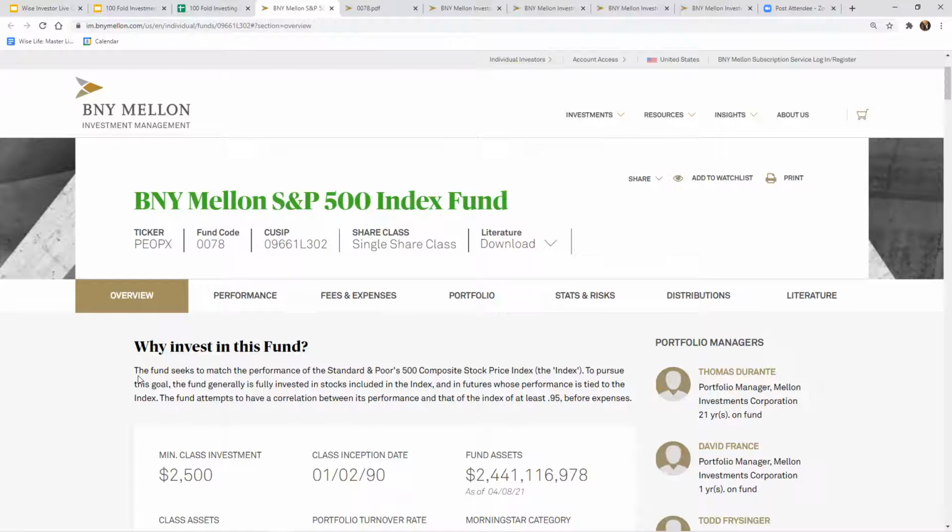If you think about one being 100%, then 0.95 is 95%. So basically, they're trying to match the list by 95%. Simply put, they want to match the performance of the S&P 500 Composite Stock Price Index by 95% before expenses. So what we did was quickly understand that this is an index fund and what that actually means.